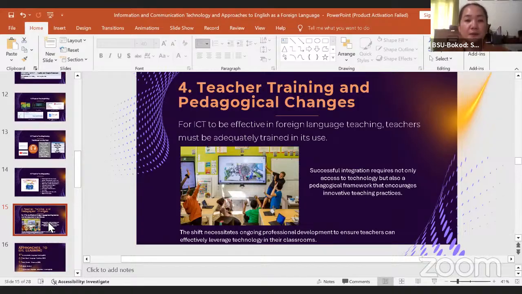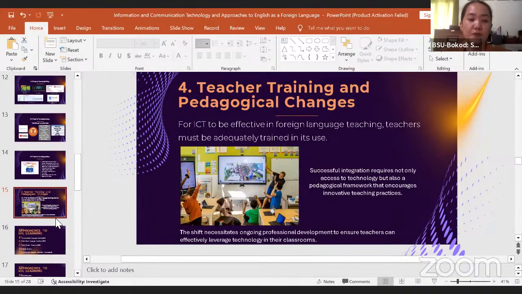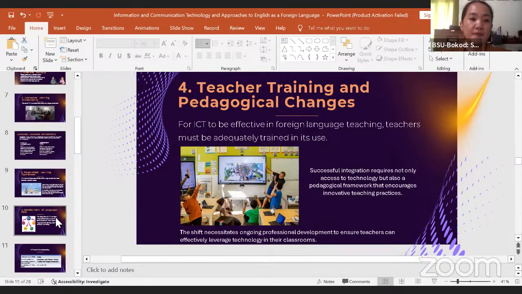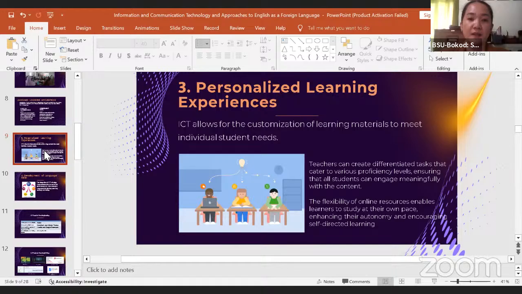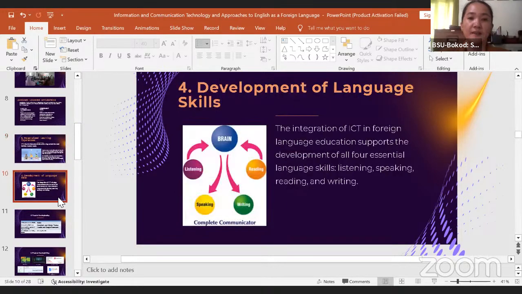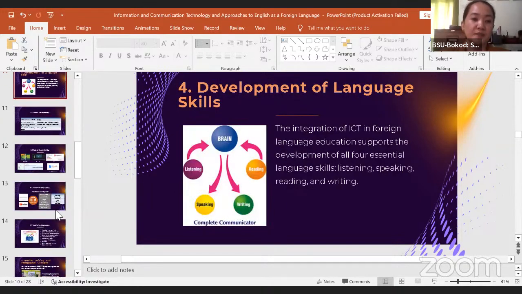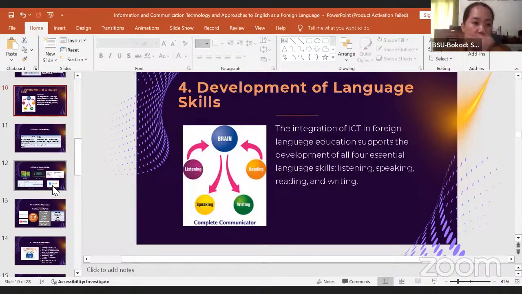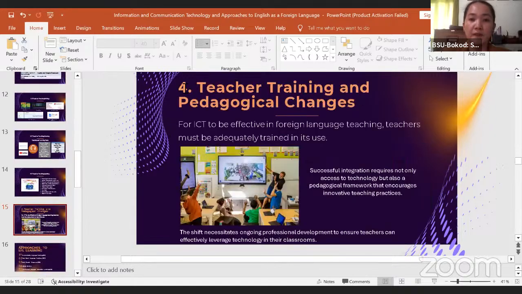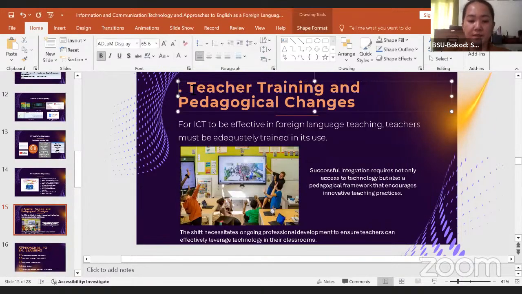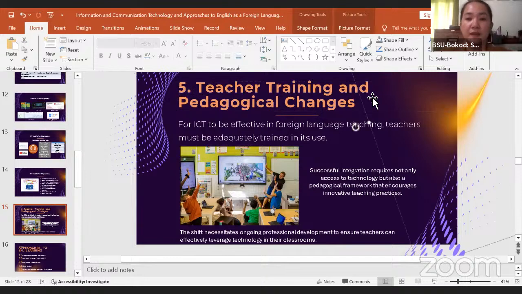Aside from the personalized learning experiences and the development of language skills, we also have number 5, teacher training and pedagogical changes.